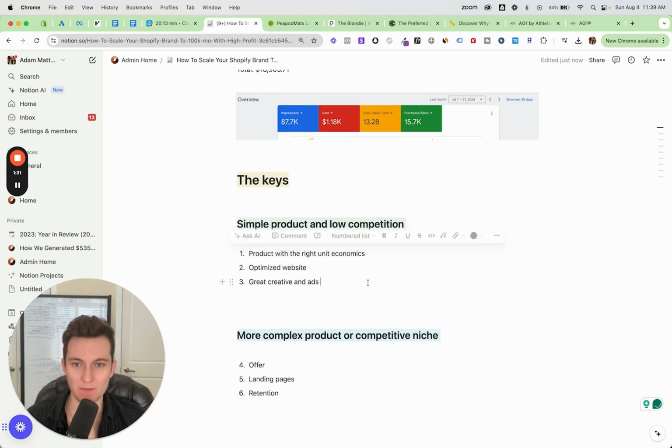So first things first, product with the right unit economics. So with a simple product and low competition, in my opinion, you only really need these three things. And then if it's a more complex product or competitive niche, you're going to need to dial in things a little bit more. So if it's a simple product and low competition, what I mean by that is